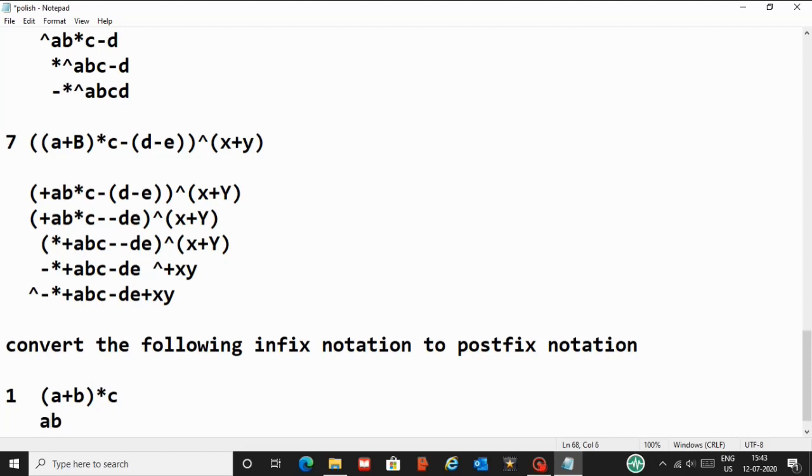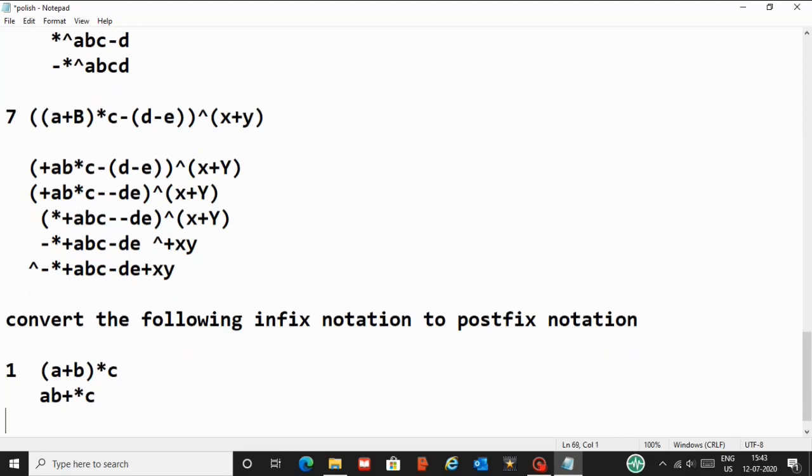It will be AB plus, star C, because star C I haven't done it. I have to do it. It will be AB plus C